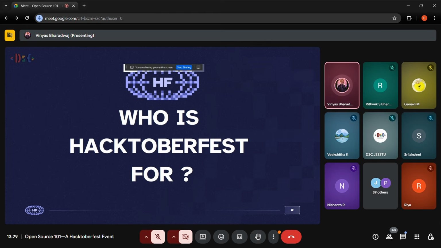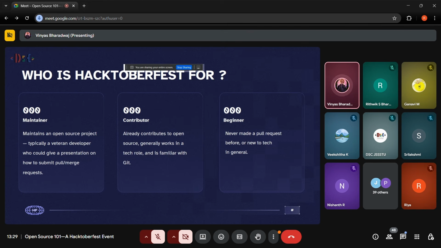Now the question arises as to who exactly Hacktoberfest is even for. If we look at any open source contributions or any open source event, the people contributing can be classified into majorly three categories. These three categories being a maintainer, and a maintainer is someone who is responsible for the entire repository. This is generally someone who is quite experienced and knows the code base quite well. The responsibility of a maintainer is to basically merge pull requests. As Ritvik and I gave a demonstration earlier, he made a pull request and I was technically the maintainer of my own repository, so I had to merge the pull request.